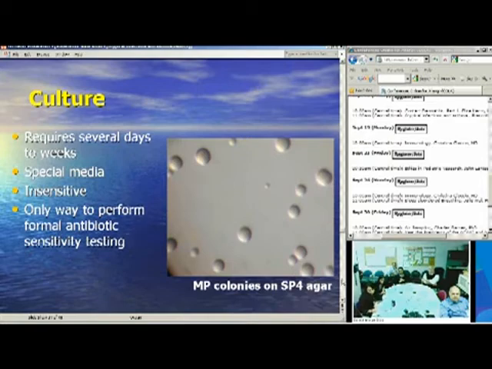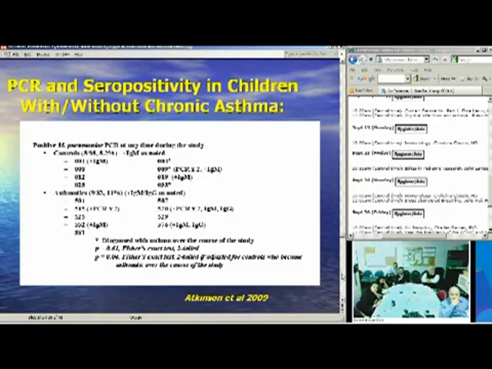We do know some genetic changes present in the organism that can tell you it's resistant to macrolides, but for example, fluoroquinolone resistance is potentially possible, and tetracycline resistance, which is occurring in other species, hasn't been seen naturally in pneumoniae yet that I know of, but it's theoretically possible. Practically speaking, the only way you could pick it up would be to do culture and sensitivity testing, which can really only be done in a small number